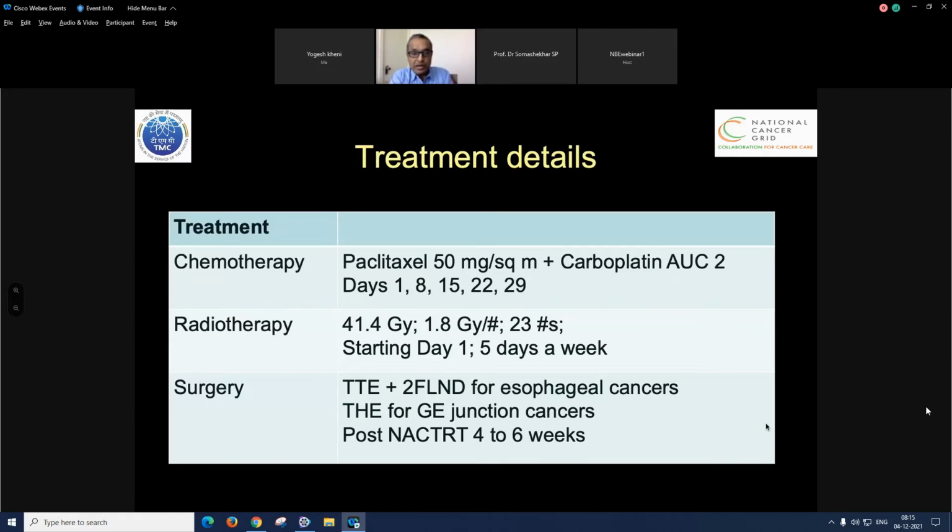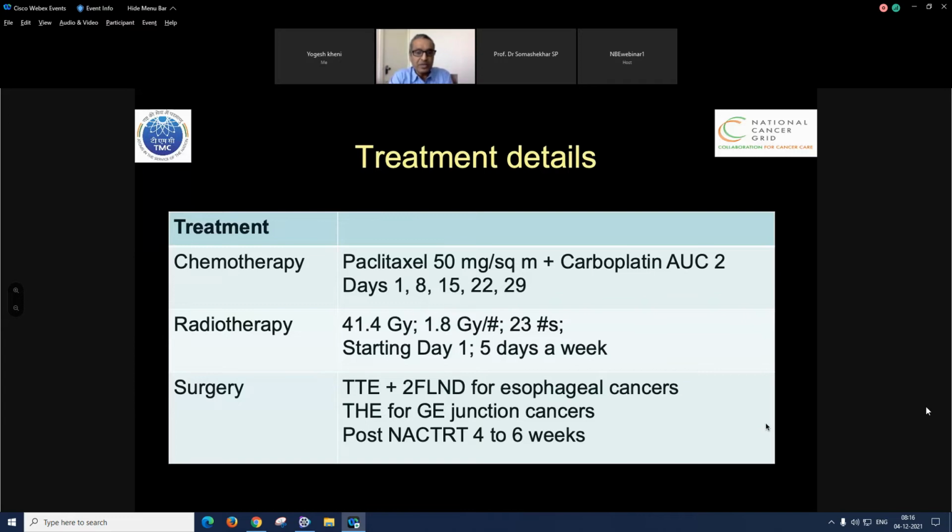Chemotherapy was given weekly with a combination of paclitaxel at 50 milligram per meter square and carboplatin at AUC 2. They're given weekly on day 1, 8, 15, 22, and 29. Radiotherapy was a very gentle form of radiotherapy, which did not have much of pulmonary complications. This is important: 41.4 gray, 1.8 gray per fraction, 23 fractions starting on day 1, 5 days a week, going